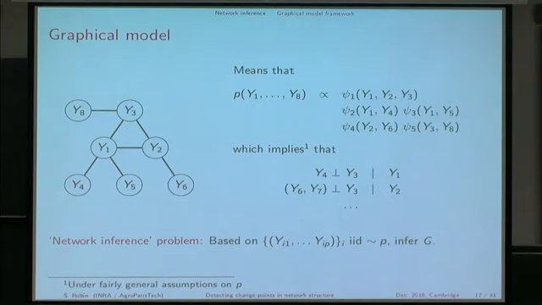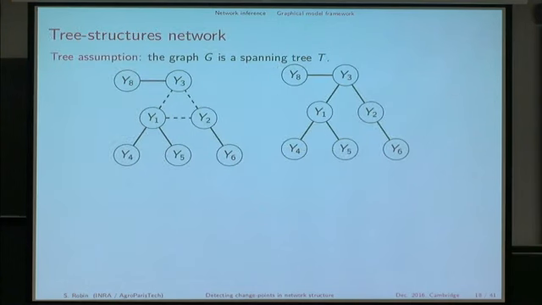So basically, what the network inference problem is: I give you an IID sample from P, and you would like to infer G. But basically, that's exactly the same problem as Eric was speaking about yesterday, if I remember well. So I'm going to make an assumption to be able to